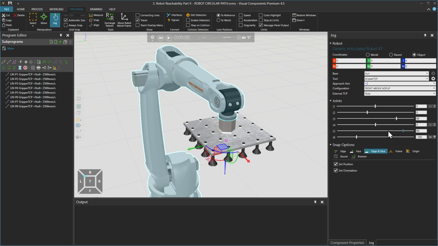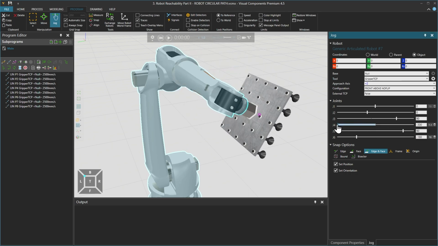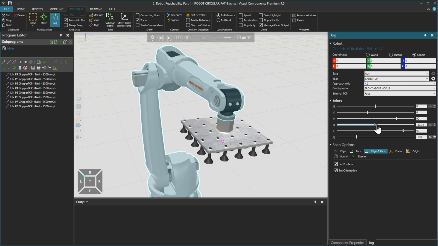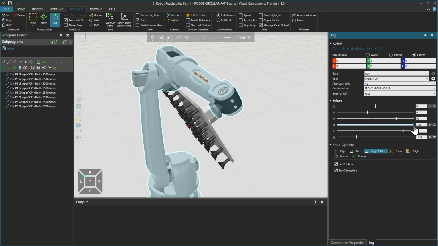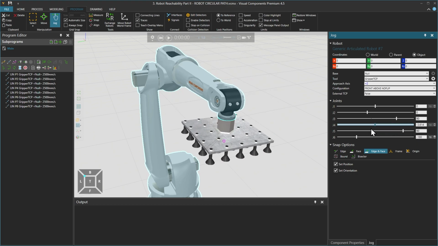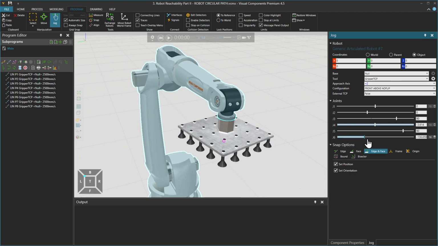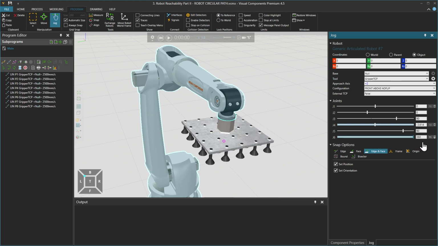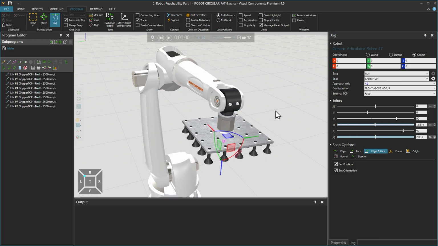Some joints have a domain so large they can have the same pose using multiple values called joint turns. In this example, joint J4 has a range of -300 to +300 degrees, and joint J6 has a range of -360 to +360 degrees. So joint J6 has a range of 2 full rotations.